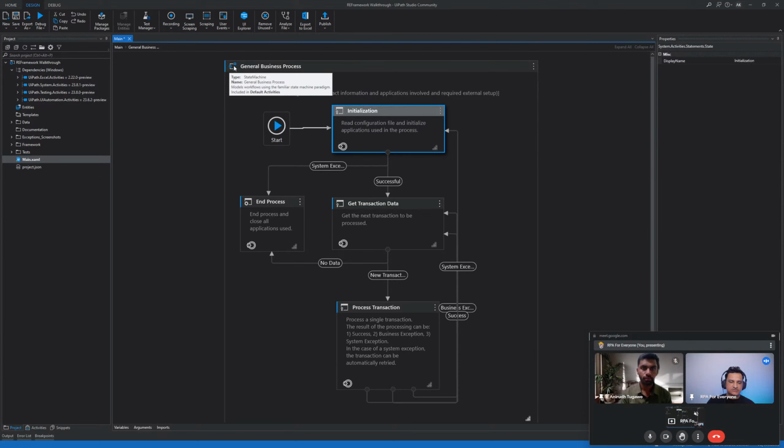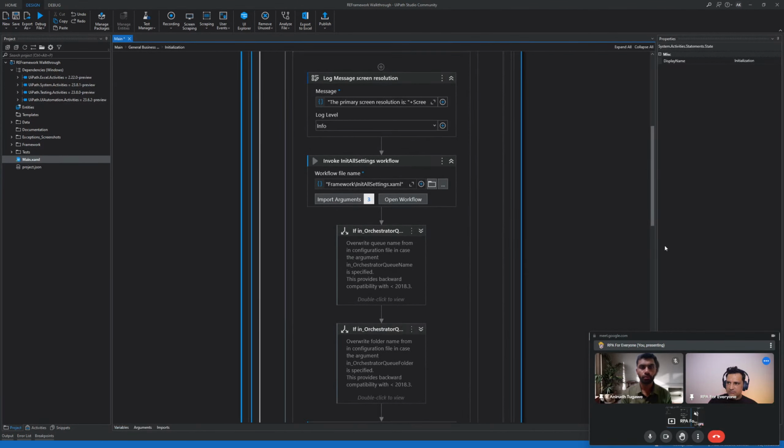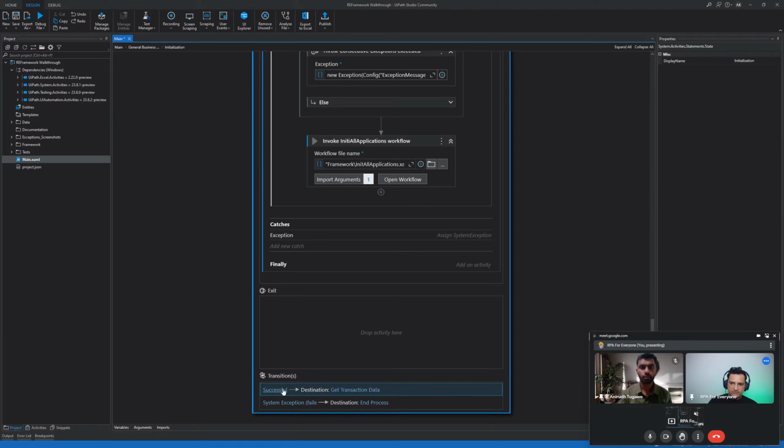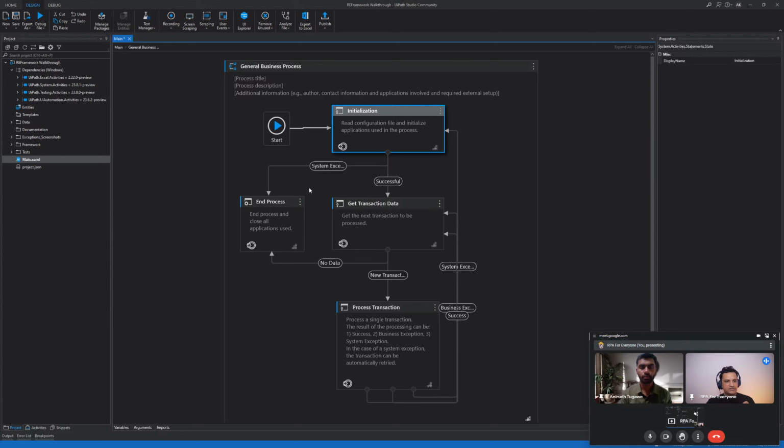So this is a state machine diagram, which means just based on one kind of output we can direct stuff there. So for example, this has two possible outputs. It could be successful or it could be system exception. Whatever is being executed inside has two possible outcomes, and those outcomes are configured at the bottom of each state. So if it's successful, go here. If it's failure or error, then go here. Those are the transitions. That's what a state machine does well. It decides based on certain output where to go, right? That's clear,